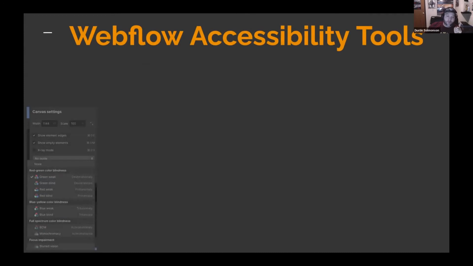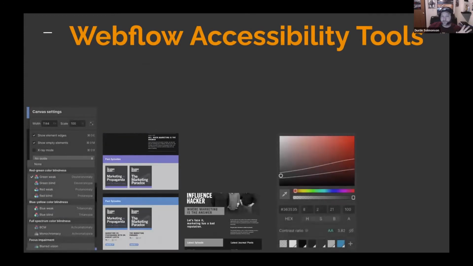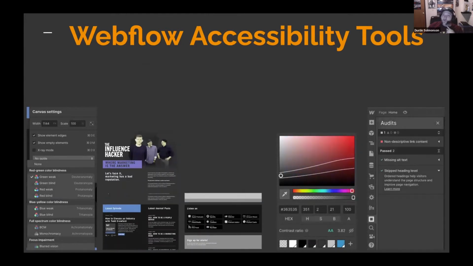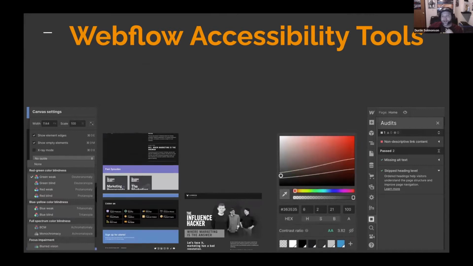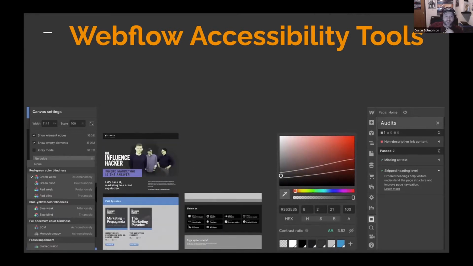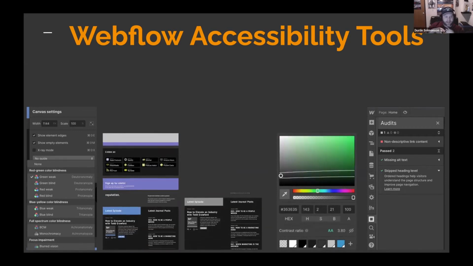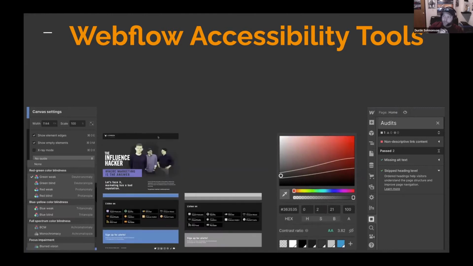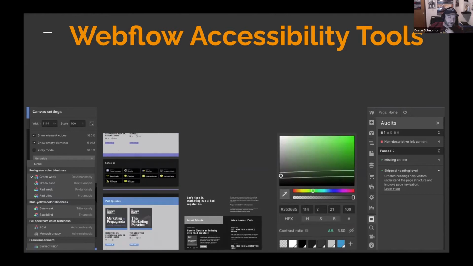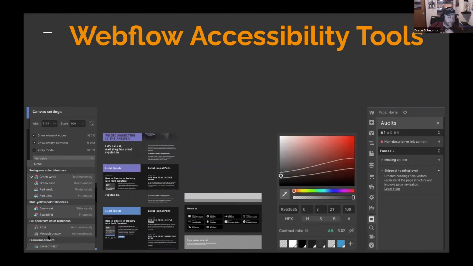So Webflow's accessibility tools, they have a bunch of different stuff you can do. The visual impairment simulator will render your site simulating various visual impairments. To get that, it's actually up in the canvas settings, where you would set your breakpoints. It's not the easiest to find. I actually wish they would move this to the audit, but you go up there and then down near the bottom, you've got the visual impairment simulator, and you can choose